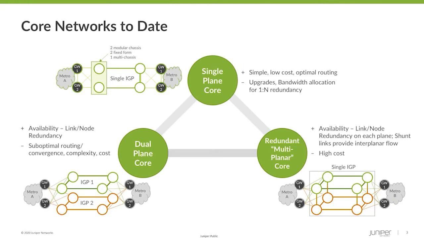So the classic single plane core design uses a single IGP and typically two modular chassis. Can be a modular chassis or a fixed chassis in a smaller node, or even a multi-chassis approach. But essentially, two modular chassis for redundancy is typical. And its benefits are really simplicity with a single IGP, optimal routing, lowest cost up to the scale-up limits of